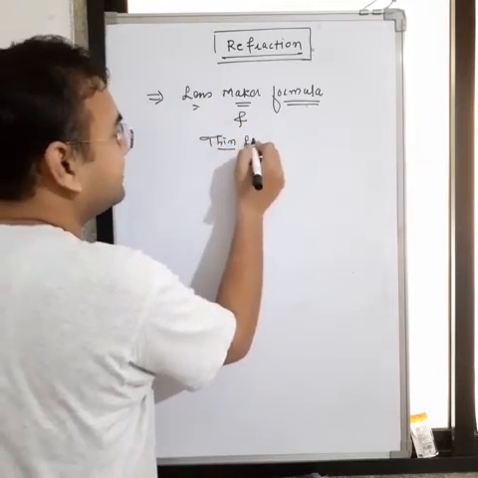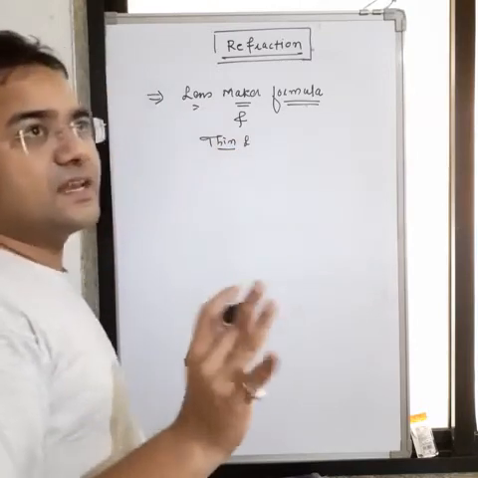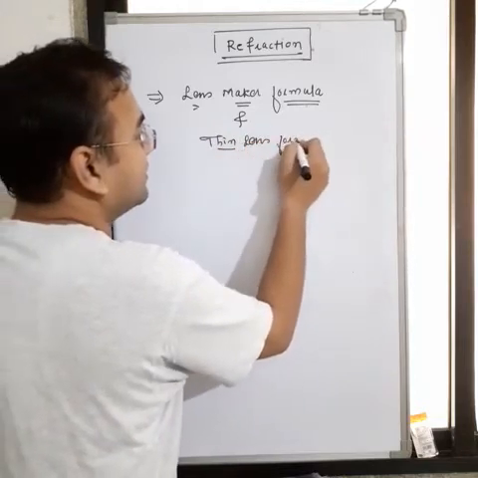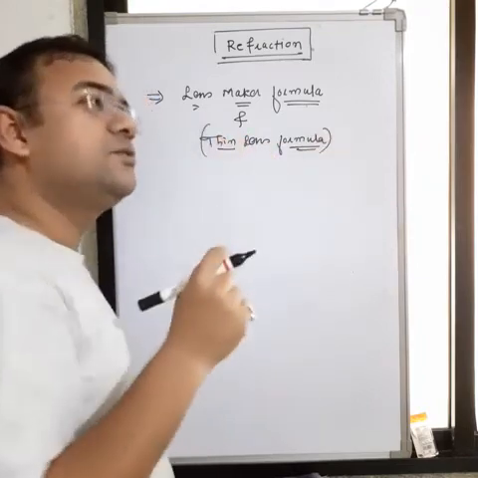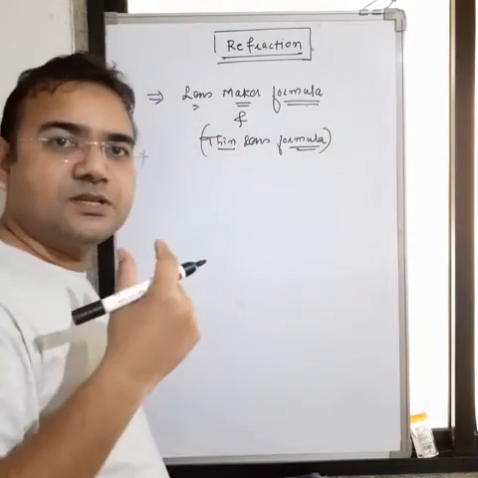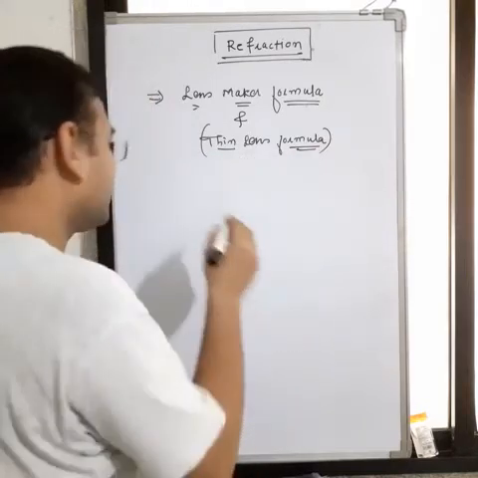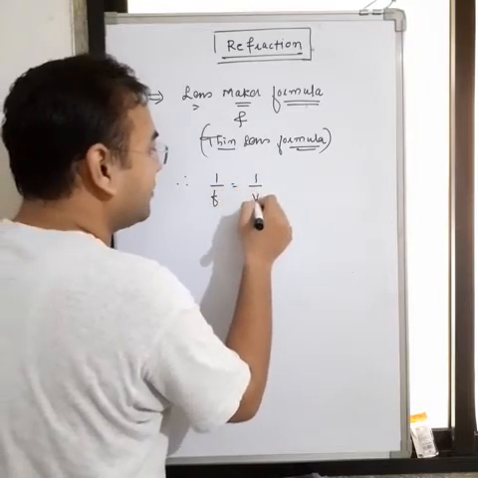Actually there is a small difference, but for your understanding we are just going to write the thin lens formula. In the thin lens formula, we have to take some exceptions. It is given like 1 upon f is equal to 1 upon v